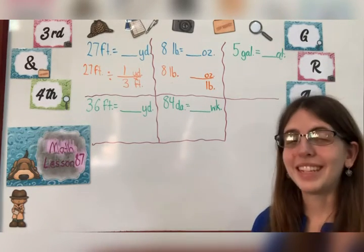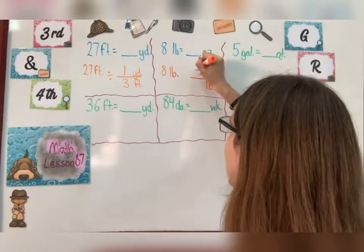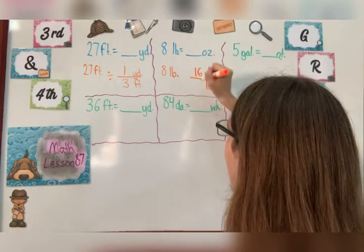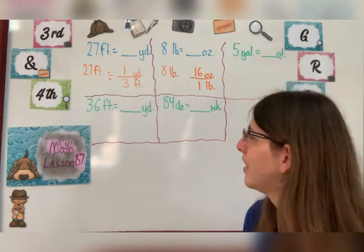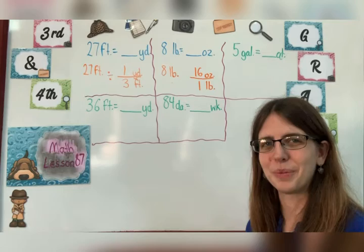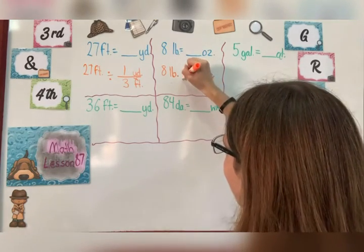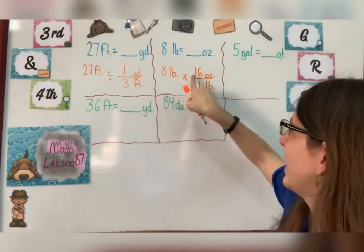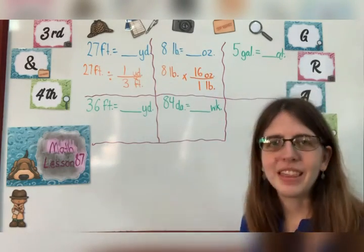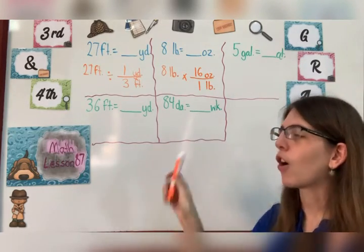Well, there are 16 ounces in 1 pound. So I put my 16 by my ounces, my 1 by my pound. Since my number that's bigger than 1 is on the top, what do I do? Multiply, very good. So I multiply 8 times 16 and put the answer in the blank. Now I'm not going to continue with these because these are part of your homework, so we'll get to those